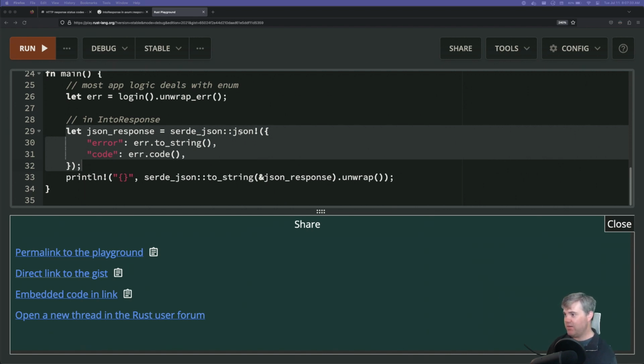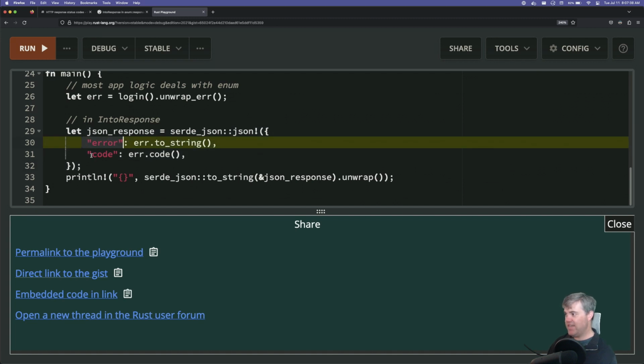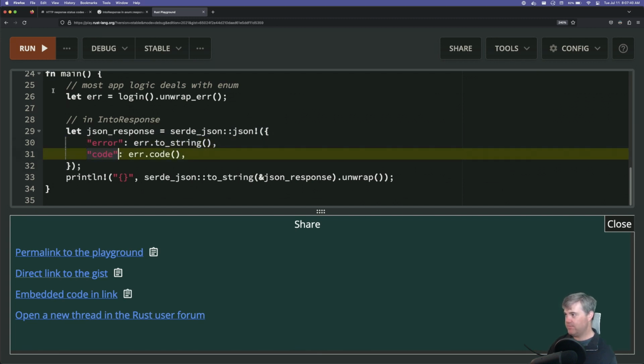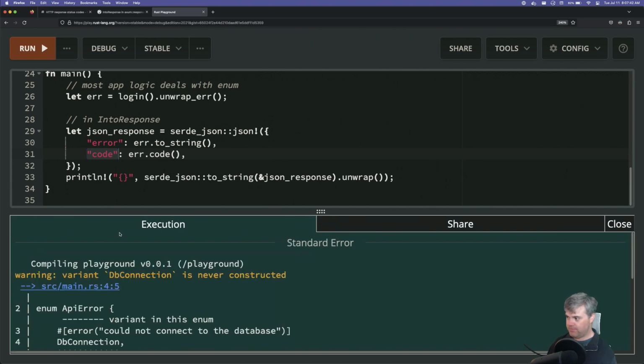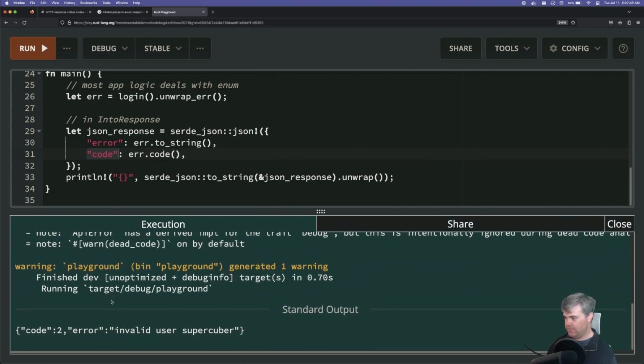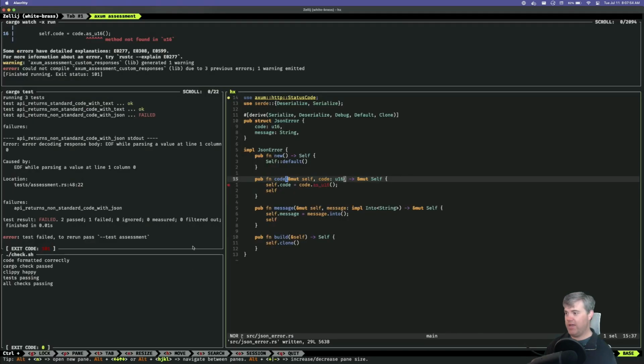So this is still going to be a JSON object with the error as one key and the code as another key. And then we can see this code to error invalid user. I think that's going to be very similar to what I have, because over here we have code is going to be like 2, 1, something like that. Message, whatever we put in. Yeah, that's true.